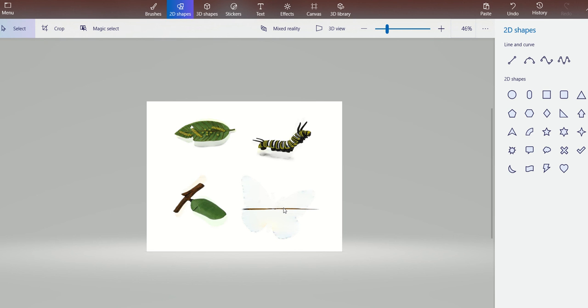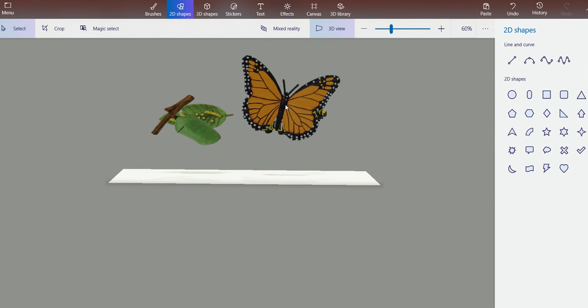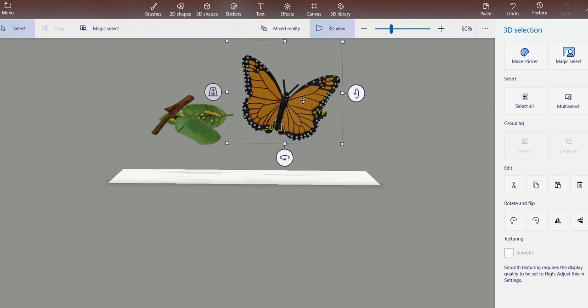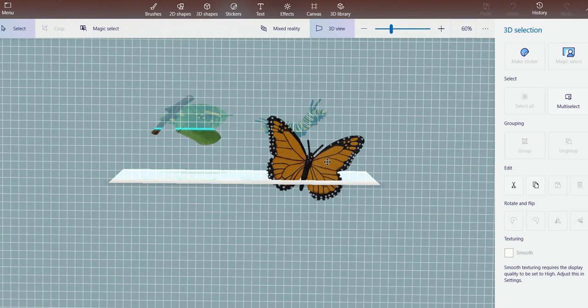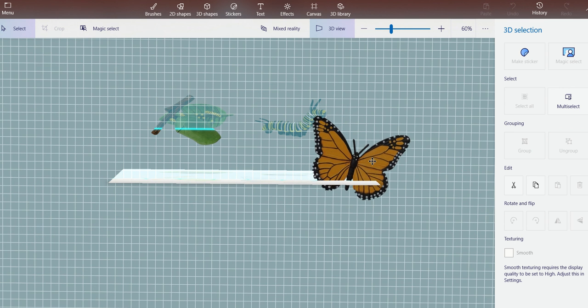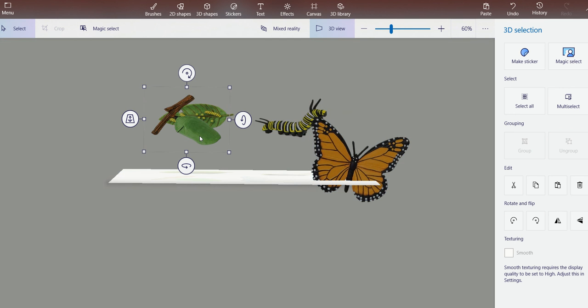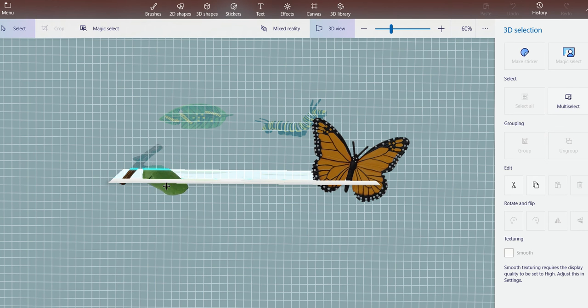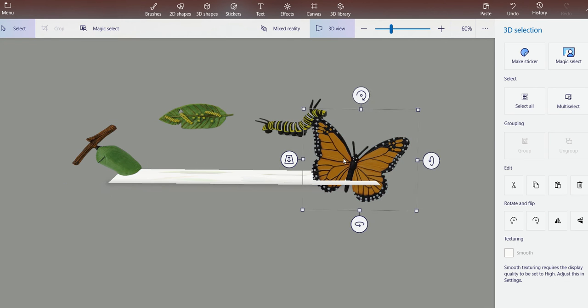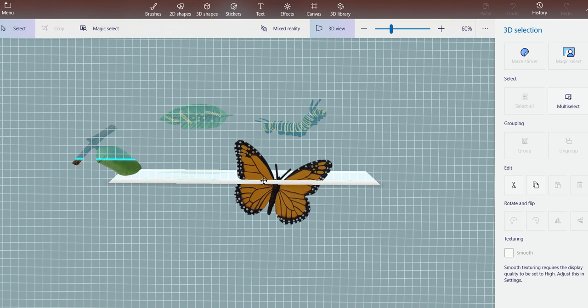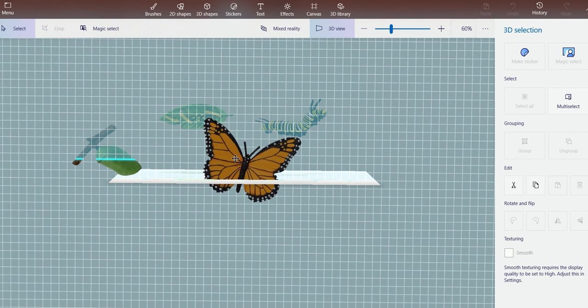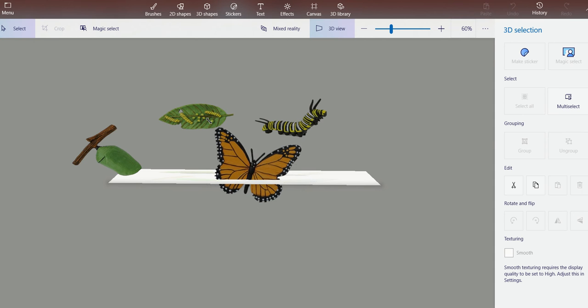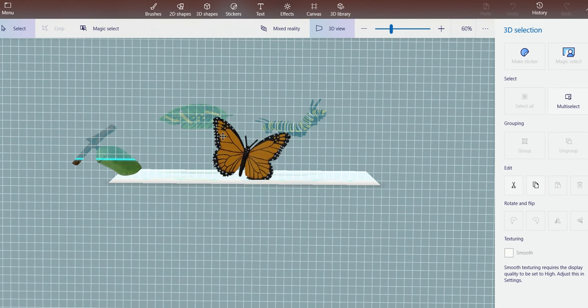Let me just go ahead and adjust this image back to 3D view, and then I can drag my butterfly a little bit over here, then I can drag this leaf a little bit over here, let's say over here.